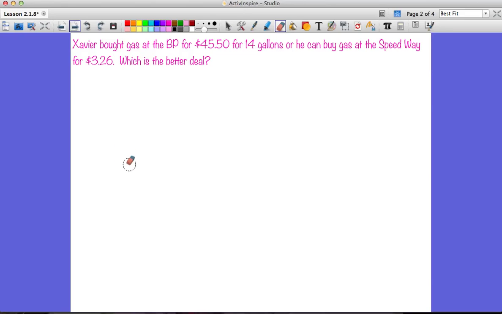So if we look at the problem, Xavier bought gas at the BP for $45.50 for 14 gallons, or he can buy gas at the Speedway for $3.26. What is the better deal? So what we have to look at here is we have to use a unit rate to figure out our answer. So in this case, our first rate is